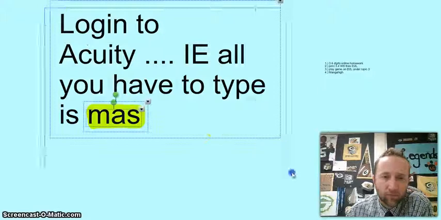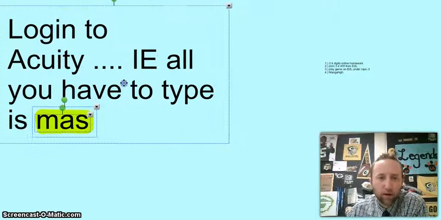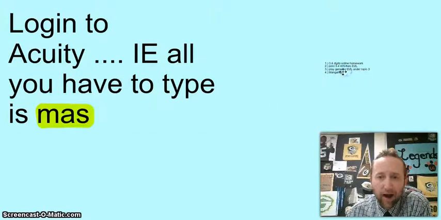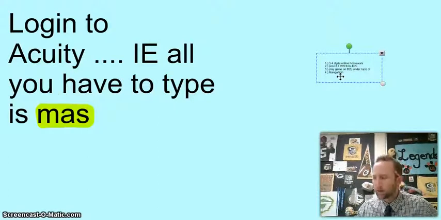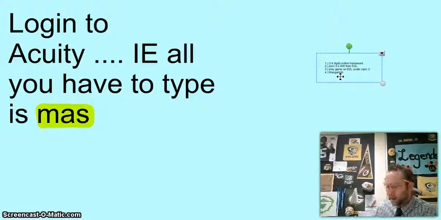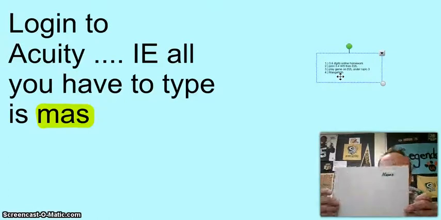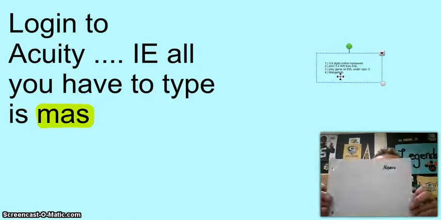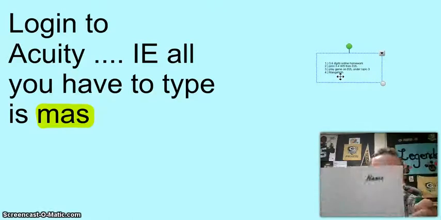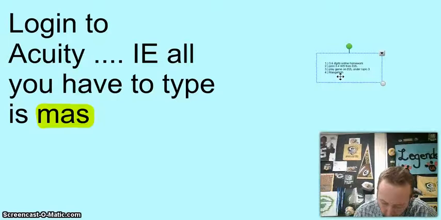Now, when you get done with Acuity, you're going to have some options, okay, because you're probably going to get done. There's only 30 questions, and actually before I get to that, I need to explain what I want this to look like. So you are going to have to write, obviously, your name on your scratch paper that you're going to put your work down, because if you turn in a page that's blank like this, it obviously indicates that you didn't do your best because it's blank. So put your name on there, and then I want you to also,